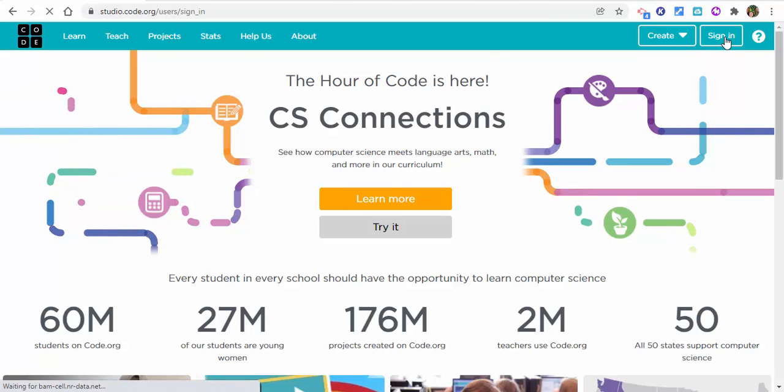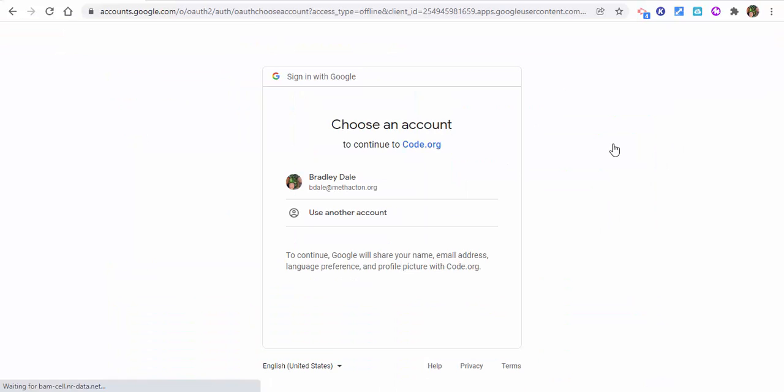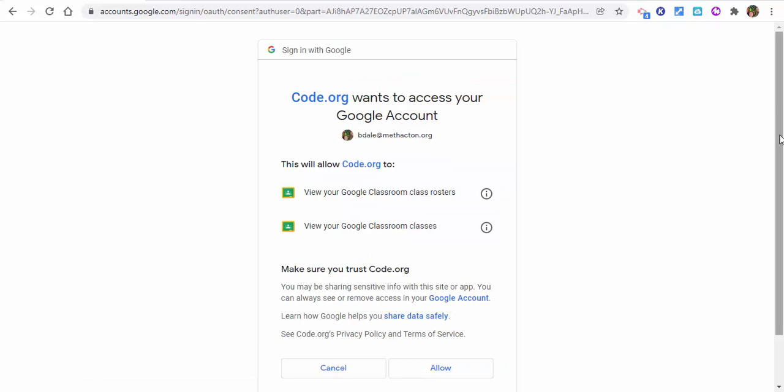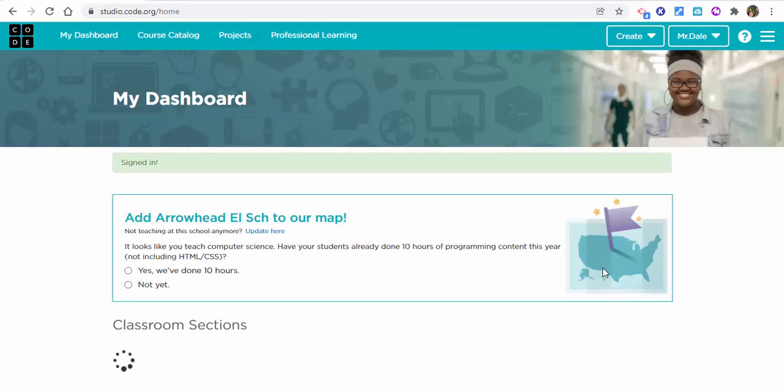So we're going to select sign in. This is exactly what your students would do. And then again, I'm using Google Classroom, so your students would just select continue with Google. And they would select choose an account. Now, again, I'm signing in as a teacher here, so you would just need to allow your code.org access to